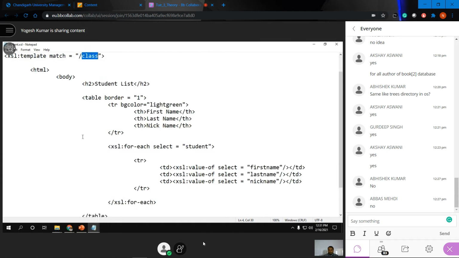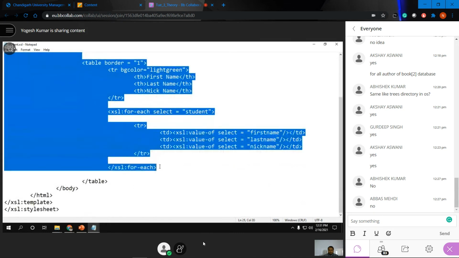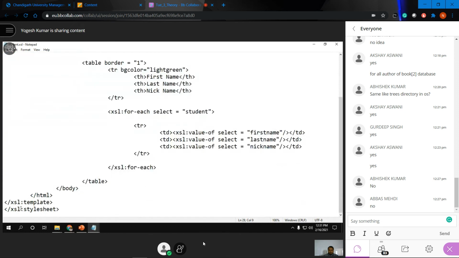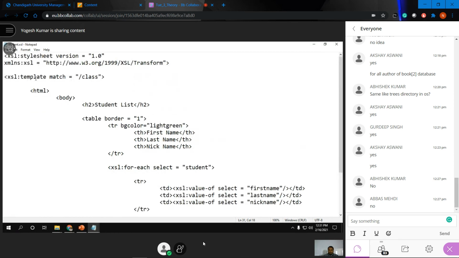Before doing so, you just close your template and close your XSL sheet. After this, you need to create HTML, then close HTML, body, close body, and this is for your